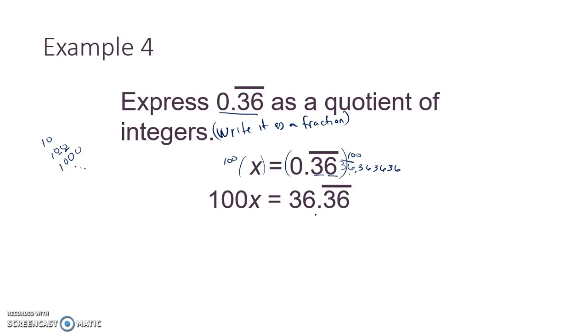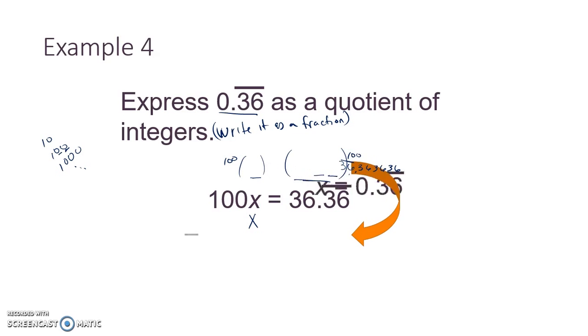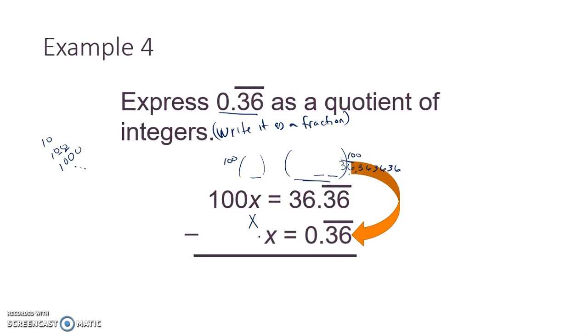36 and 36 repeating. Then the next step said we're going to subtract a repeating part, or the value of x, from each side. So on our x side, we'll subtract x, which is equal to 0.36. On this side, we're going to subtract 0.36 because that is equal to x. So we are using our subtraction property of equality, and we are technically subtracting the same value from each side because we said that x is equal to 0.36. So since these are equal,